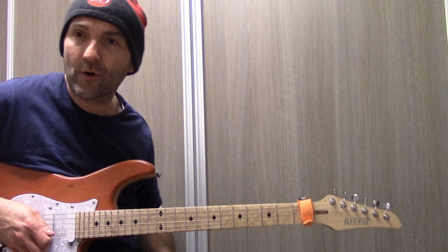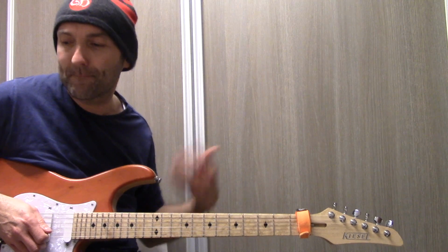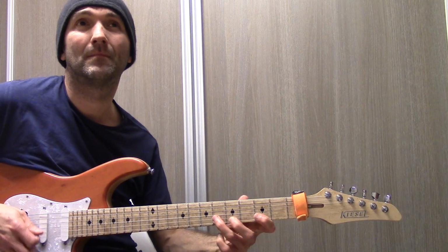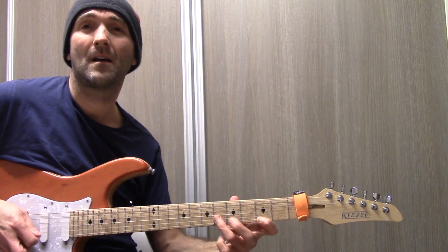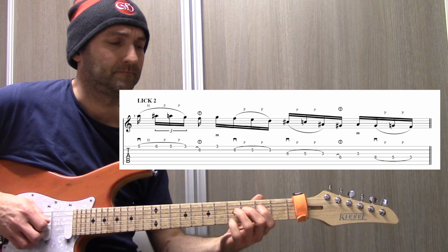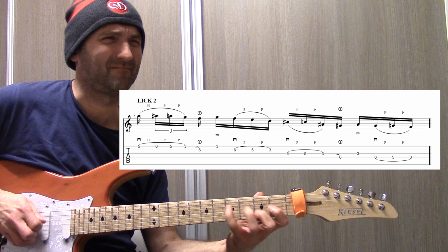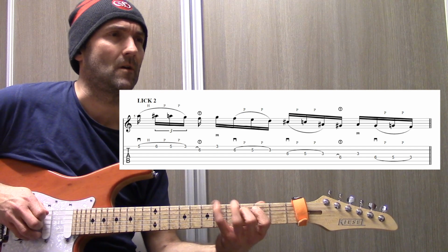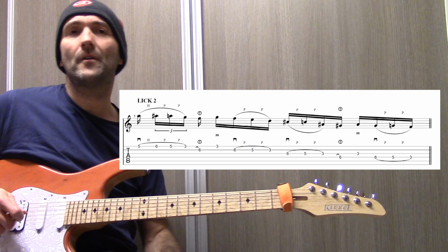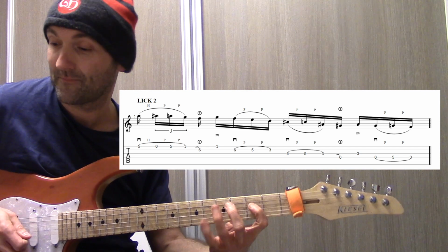Now let's do some more scalar work. Here's a linear line, right? No arpeggios yet, no fancy things yet. You'll hear it. So it's very subtle again, but this is what I'm doing. We're actually,